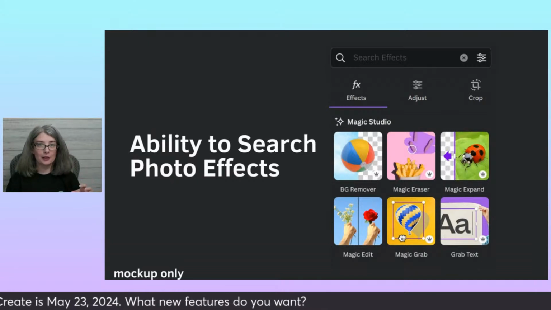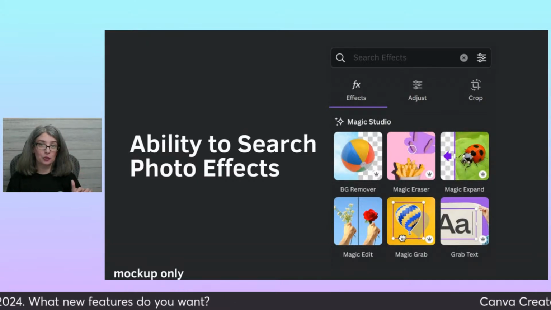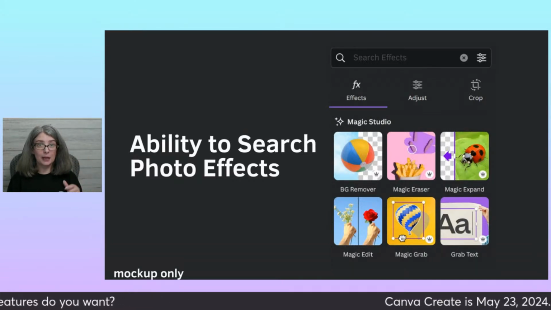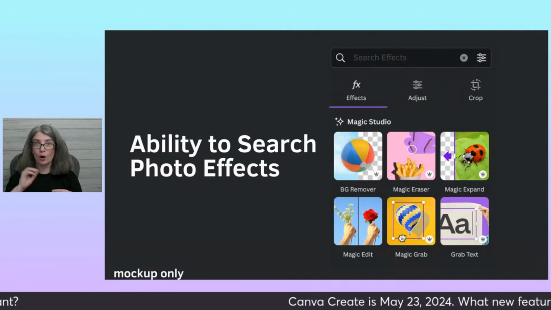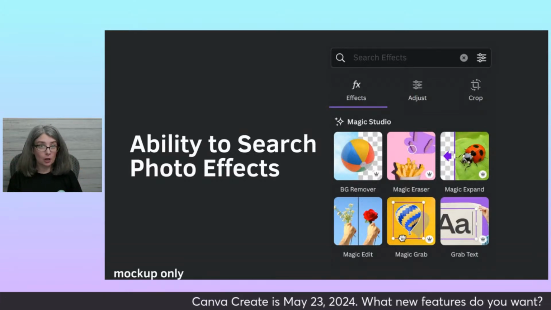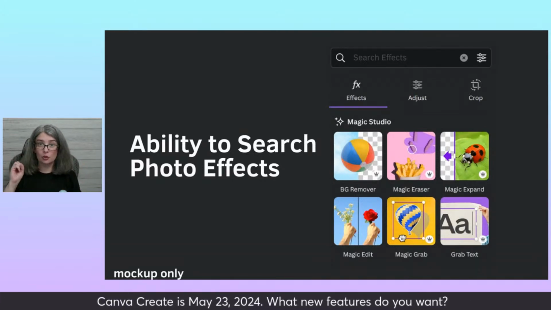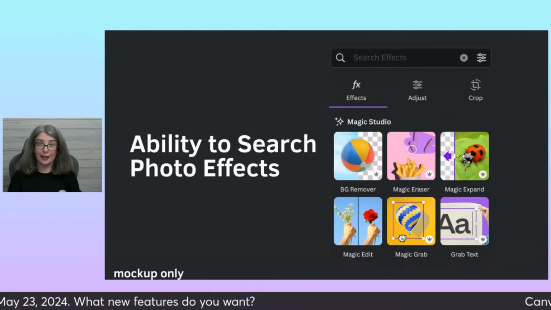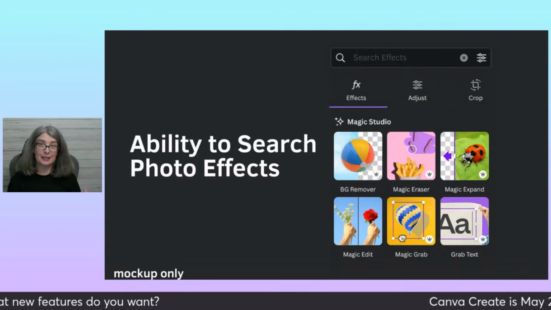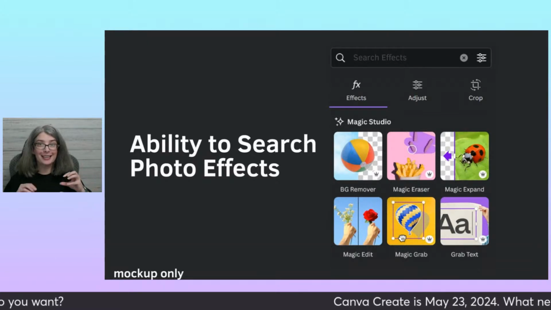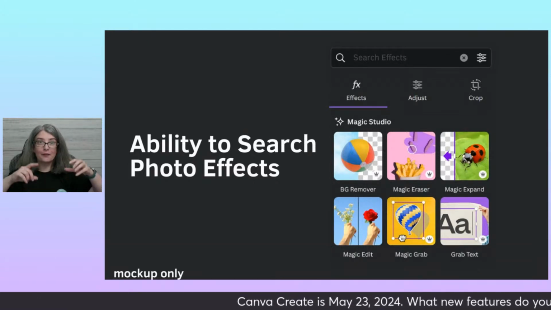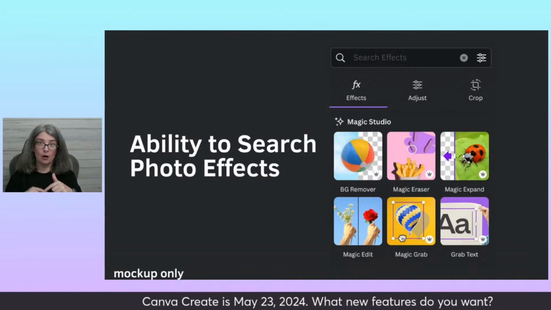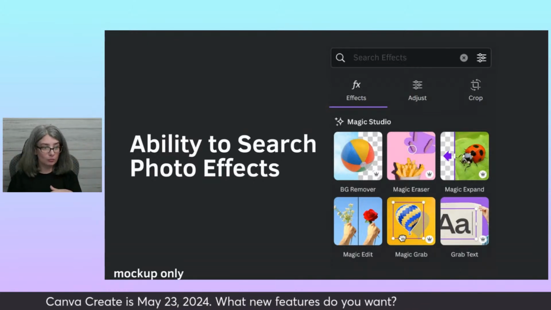I think it would be fantastic to be able to type in a filter that you use all the time and have it right there. Or you're searching for blur, or shadows, or face retouch, or image upscaler, any of those. It would be fantastic to just search for it instead of having to scroll and scroll and scroll.